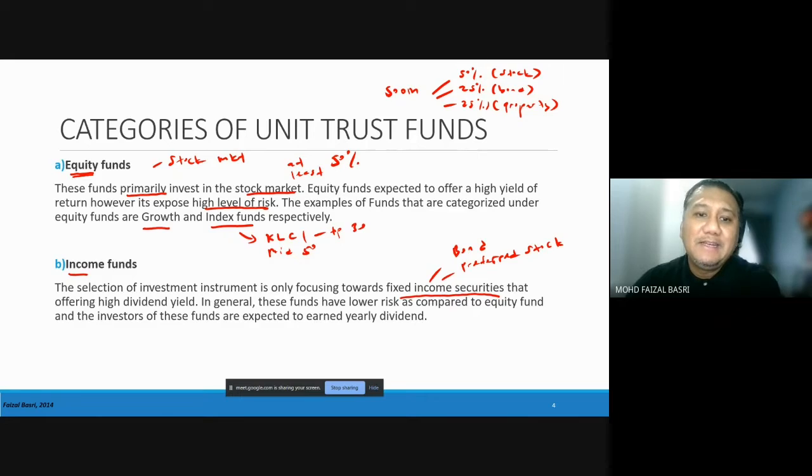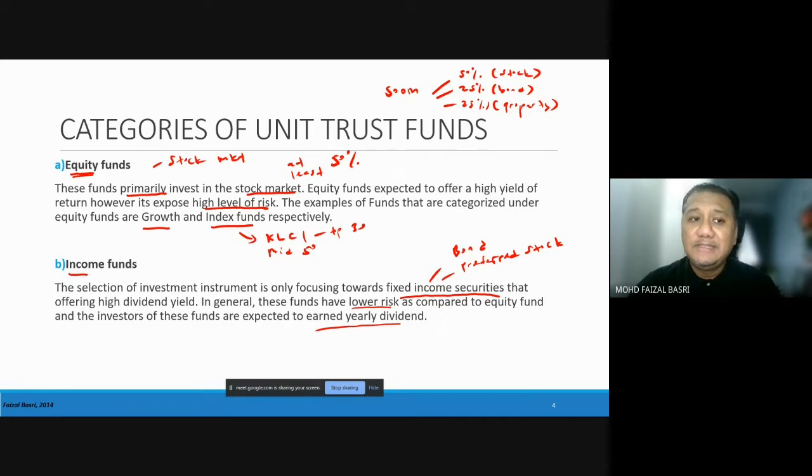And again, bila dia income fund, tak semua 100% dia akan invest in fixed income. Okay, majority of the fund dia akan invest in bond and preferred stocks contohnya. And these two usually akan ada slightly lower risk. Return dia agak safe and therefore return dia pun tak adalah tinggi sangat. Usually the return will be lower lah selalunya. Okay, especially in the long run, kalau tengok jangka masa panjang memang income fund lagi rendah return daripada equity lah.